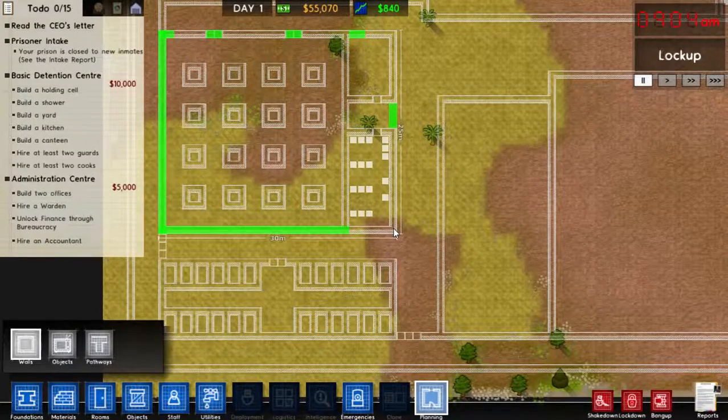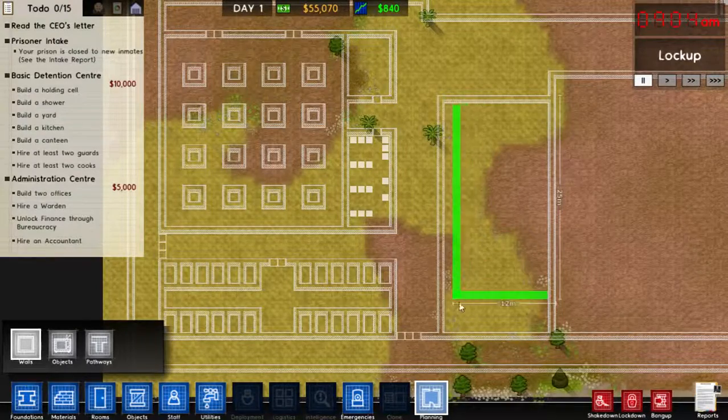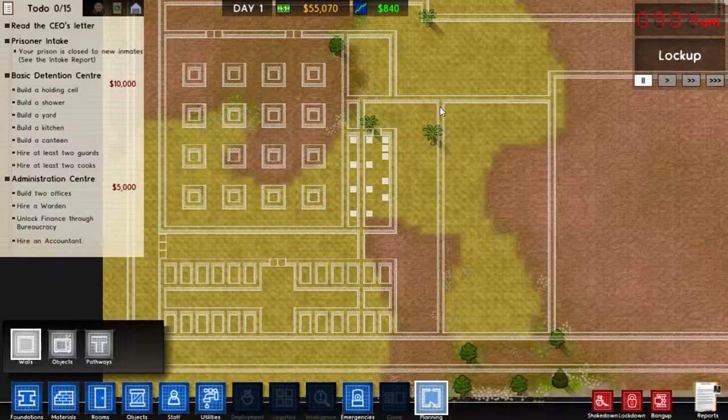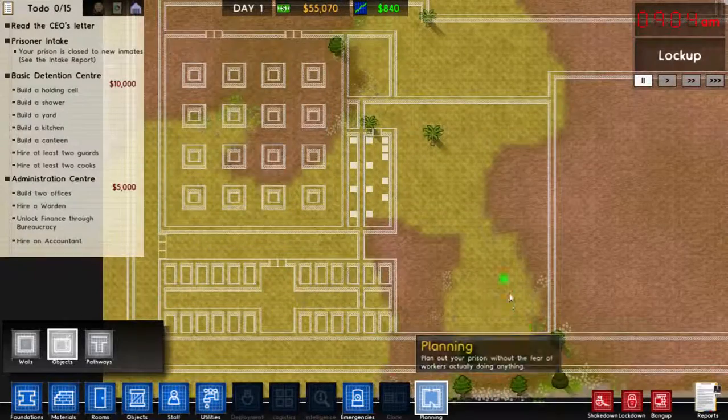So if we keep the 30, we'd be rotating it, because we would need the 25. Right. So rotated. And this is why I planned first. Now this is easy. This is 4x4 no matter what you do. But if we want it rotated, that means the back wall over here